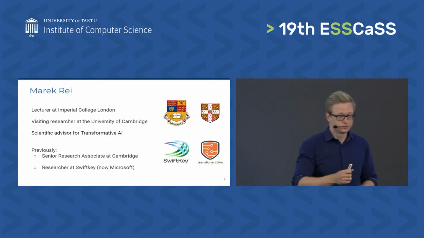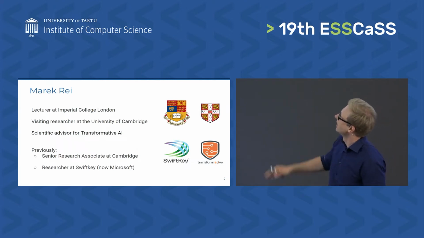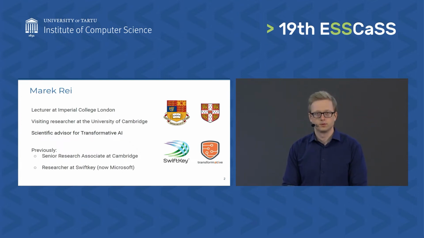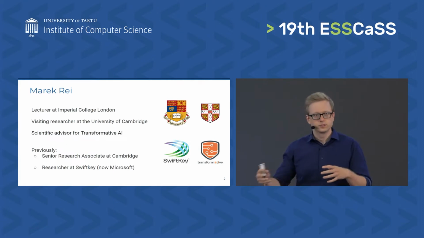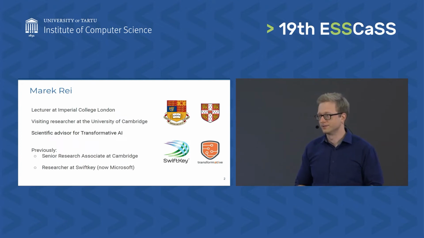Just to introduce myself, Jaak already introduced me a bit, but I have this nice slide as well. I'm a lecturer of machine learning at Imperial College London. I mostly work on machine learning and neural network models for natural language processing, focusing on how we can design models that are better able to understand text and get the most information out of any textual data. And this involves a lot of work with neural network encoders, hence the talk I'm giving today.